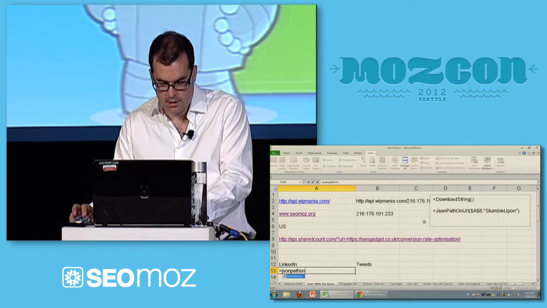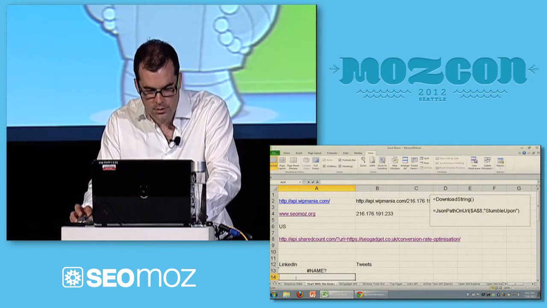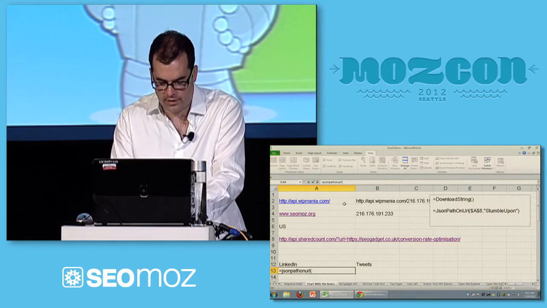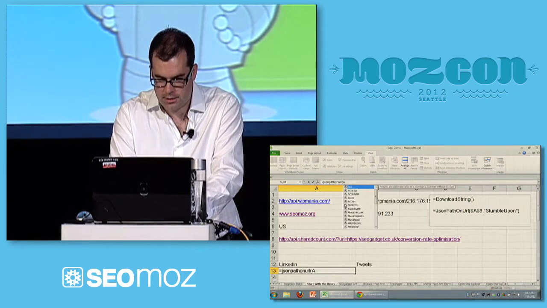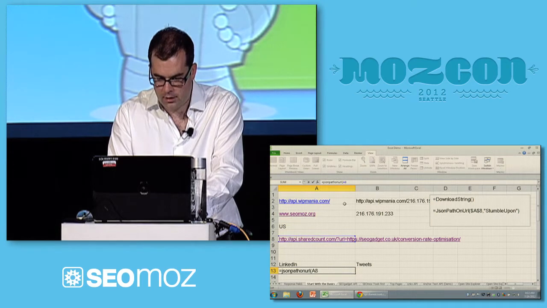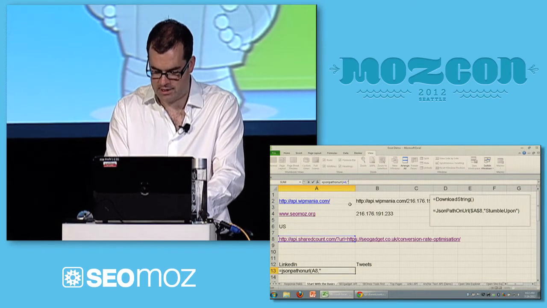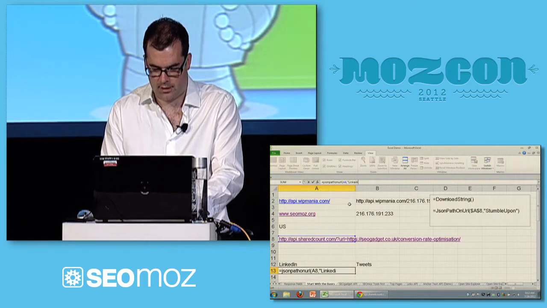it's like this. JSON path on URL. I think that's cell A8, comma, and then we tell it what we're interested in. We're interested in LinkedIn shares, which is LinkedIn like that.